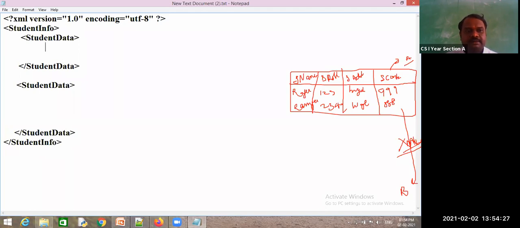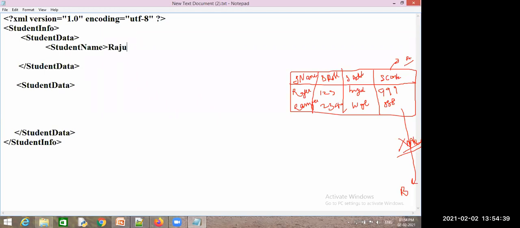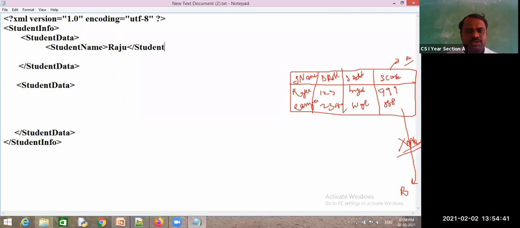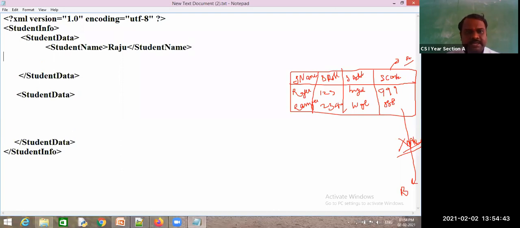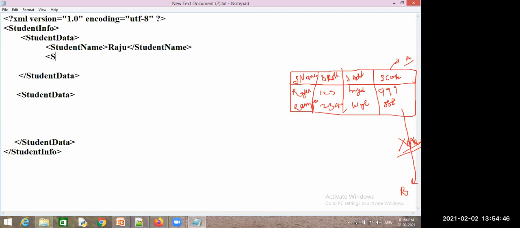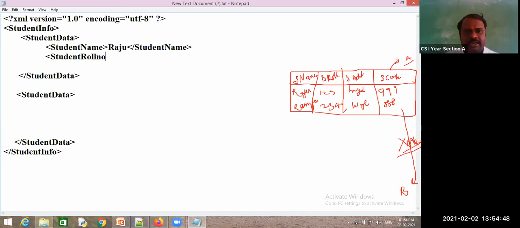Which data is this maintaining? First one, student name. What is the first student name? Raju. Again, I have to close student name. Next, student roll number. And what is the student roll number? 1, 2, 3. Again, I will close student roll number.